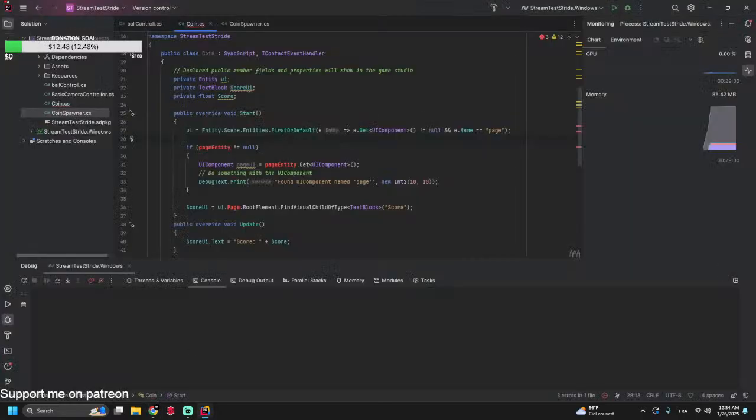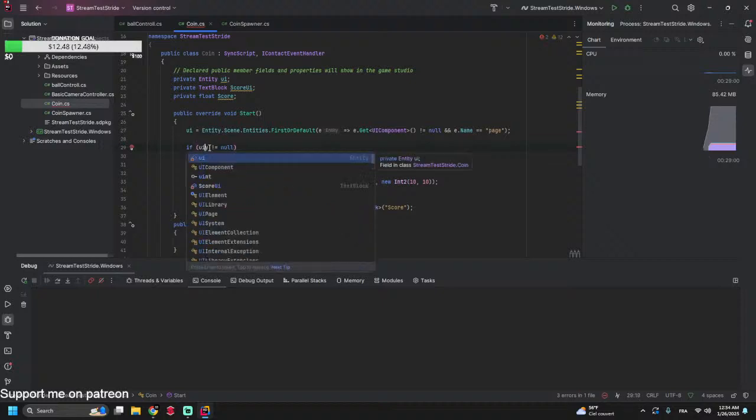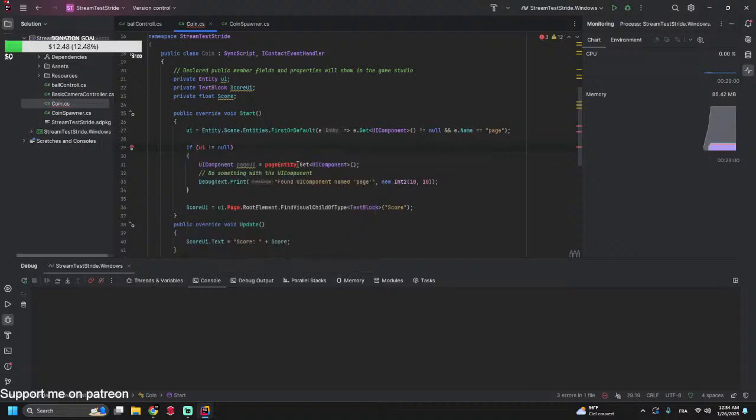Just like that. Okay, so where can we see things that we need to see? If UI is not equal to null, UI